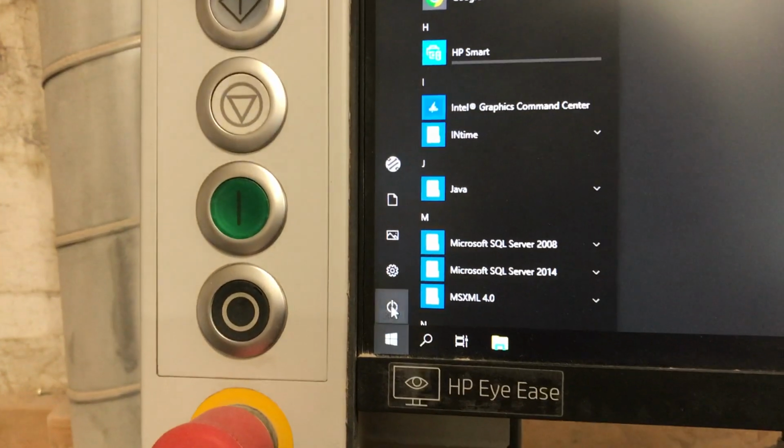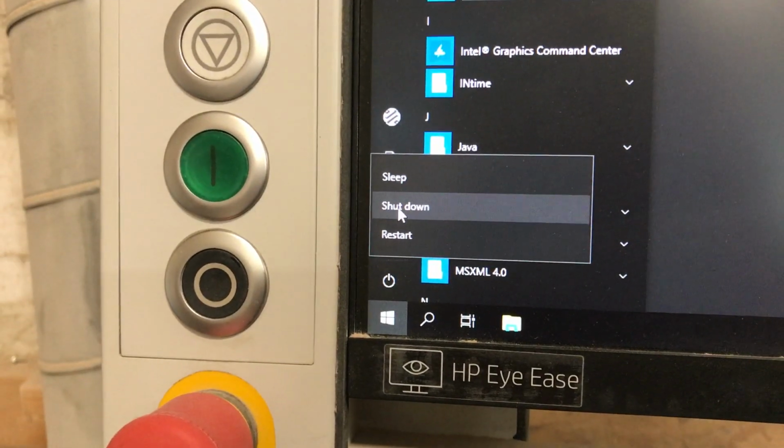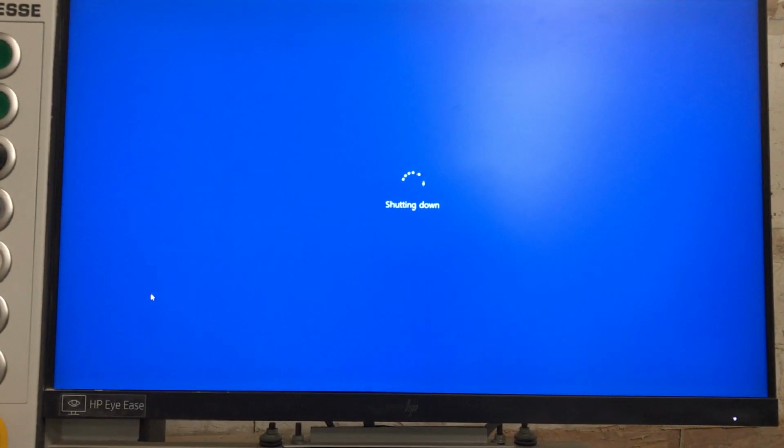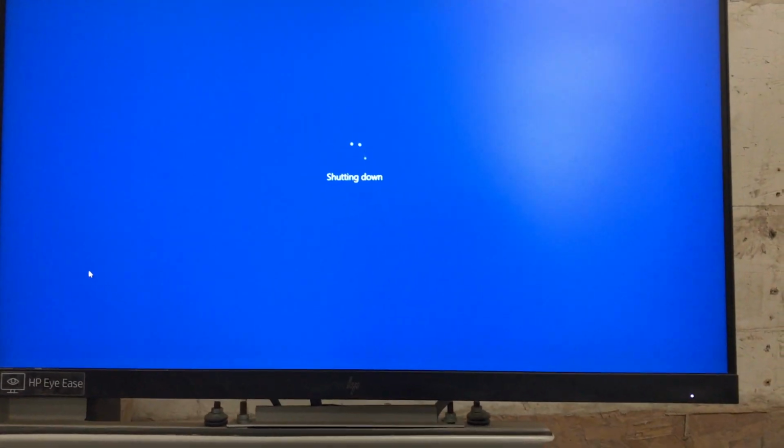Okay. Start, shutdown, regular PC. So does that shut down all of the electronics on the machine? No. Once the PC is off, like now, we can go up to the transformer